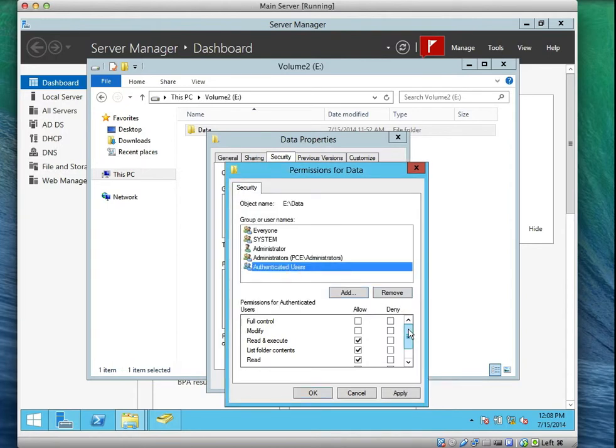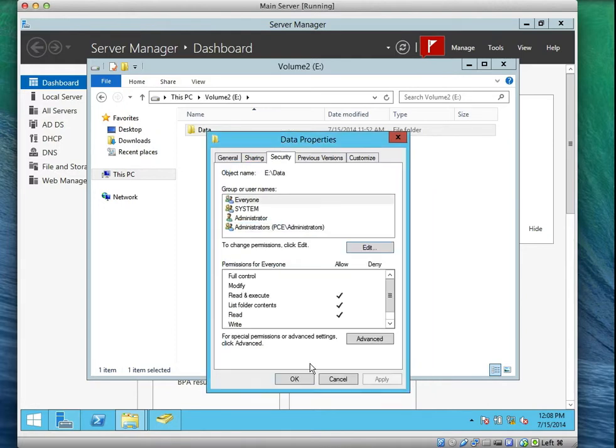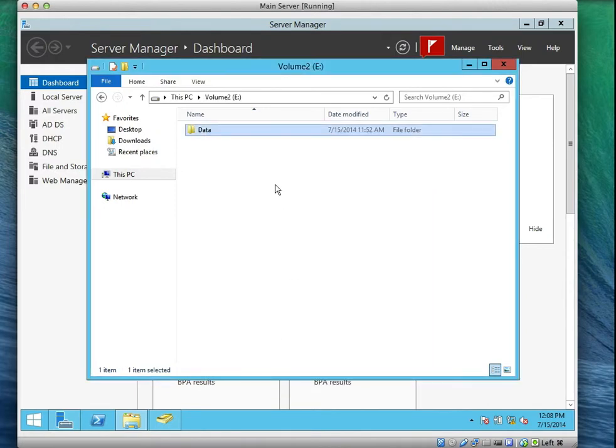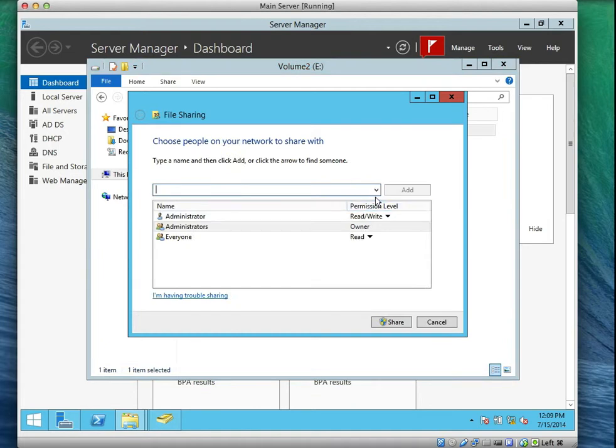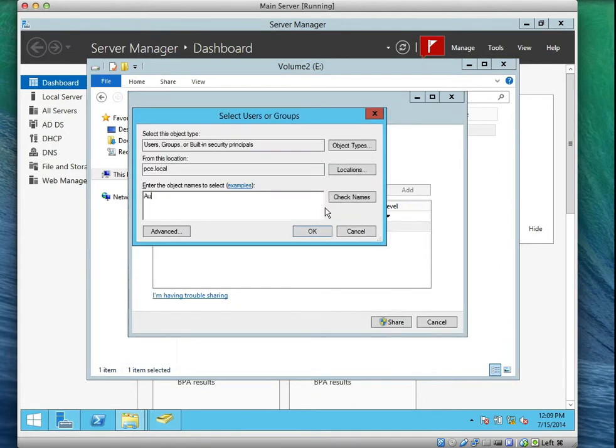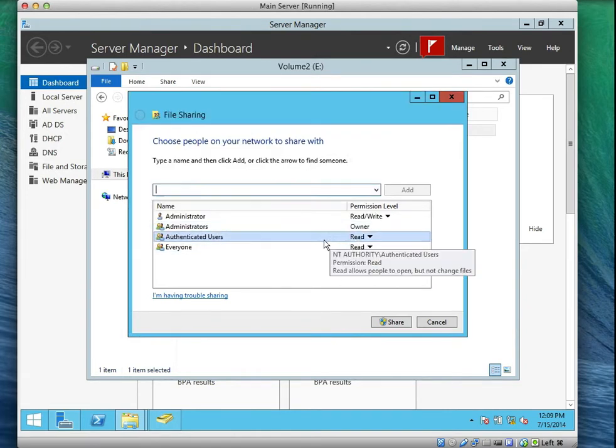I'm going to select them, and they said they can change. Okay, I think I'm in the wrong part. Sorry, remove it. I'm supposed to go to the shared permission. Find authenticated, check names. Now, authenticated users can change, meaning they can be able to,